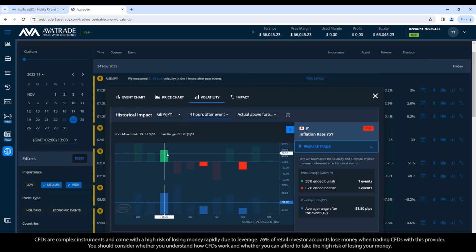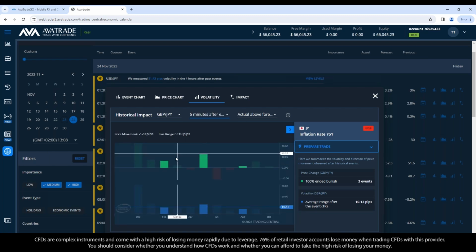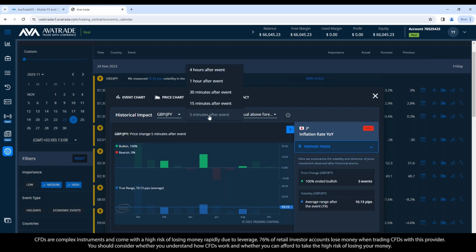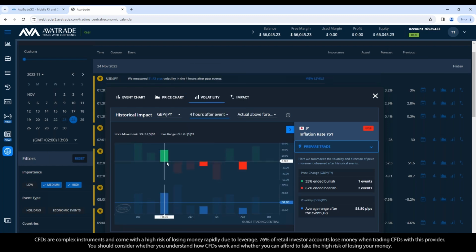And the one that went the wrong way, maybe you'd have a very small loss because you'd be starting from a higher point anyways in that first 5 minutes. Okay, so just some ideas using data from the past to create a trading strategy that you don't have to guess about what you're going to do. You have the data showing you statistically what would have worked in the past. And it doesn't guarantee that every time you do this, it'll work moving forward. I mean, you can even see from the statistics in the past that there was one time you would have lost and 2 times you would have won.